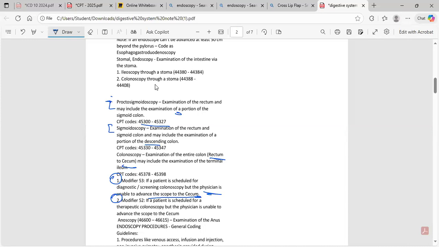We are not going to call it a colonoscopy. We have to bill colonoscopy only if it reaches the cecum. If it does not reach the cecum and reaches only the sigmoid colon or the rectum, or does not reach the descending colon, then